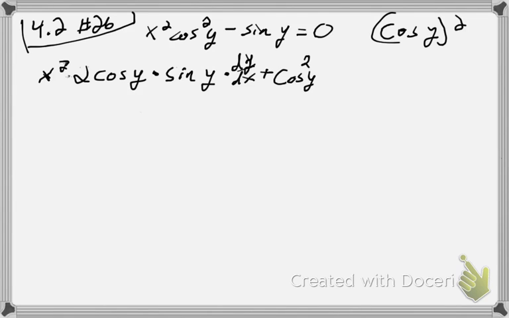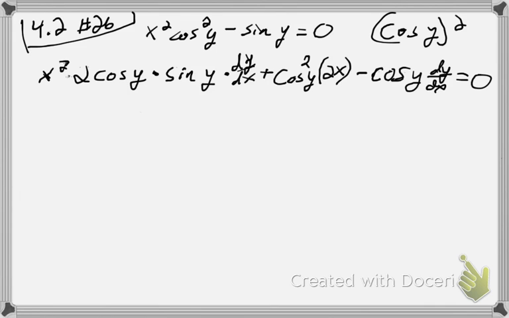times the derivative of the first, which is 2x. Okay, minus the derivative of sine y, which is going to be cosine y times dy dx equals 0. All right, and we are trying to evaluate this at the point